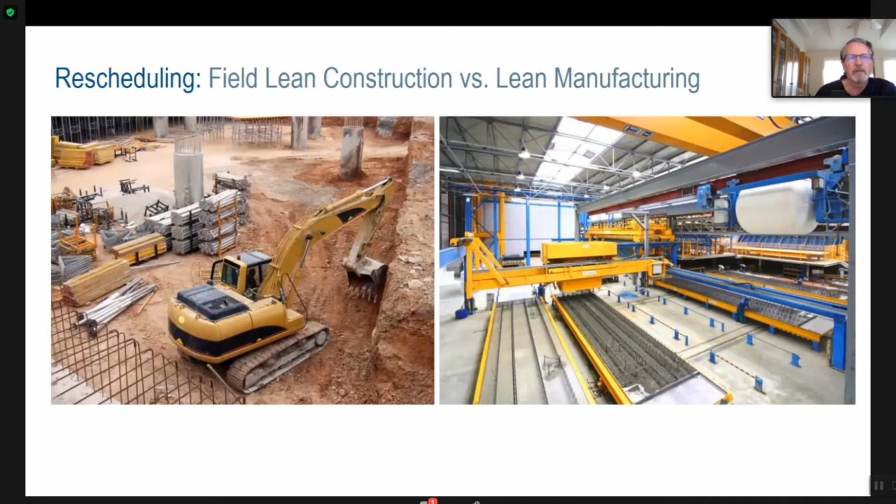On the left, we have a typical issue on a job site where until the excavator gets out of this corner, we can't start using these stored materials on site. So there's a certain amount that has to be done on site no matter what. The excavation, the pilings, the foundations, the sheeting and shoring, the tiebacks. There's a bunch of stuff that has to be done on the job site. And we have to deal with the on-site congestion. Also the installation of modules if you do off-site.